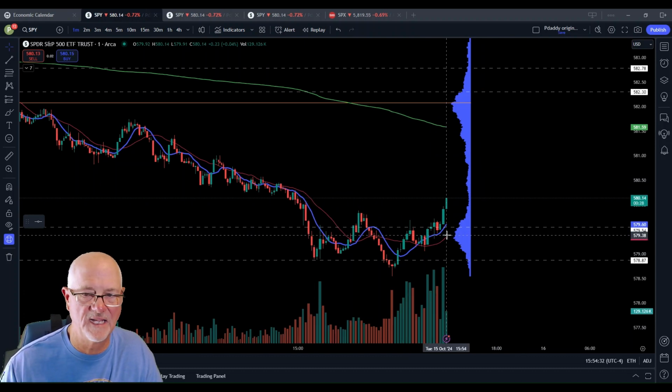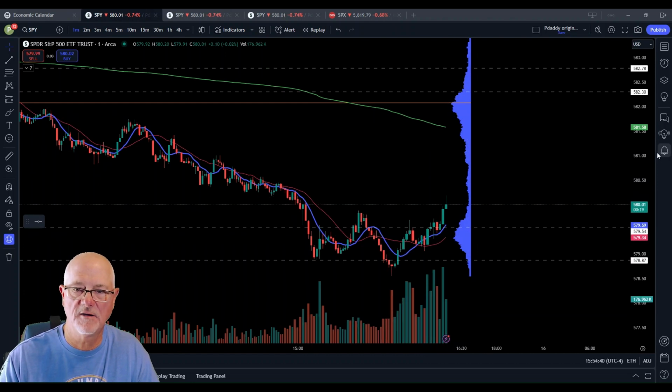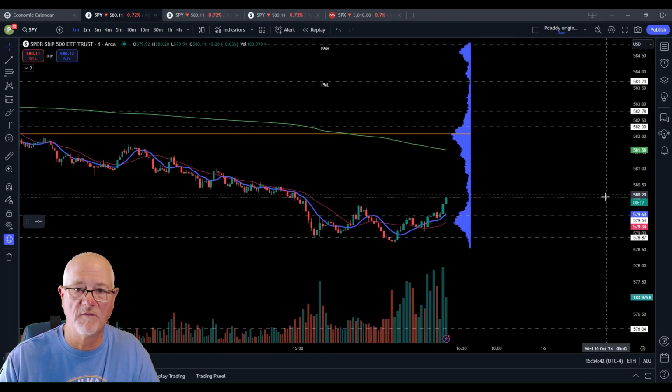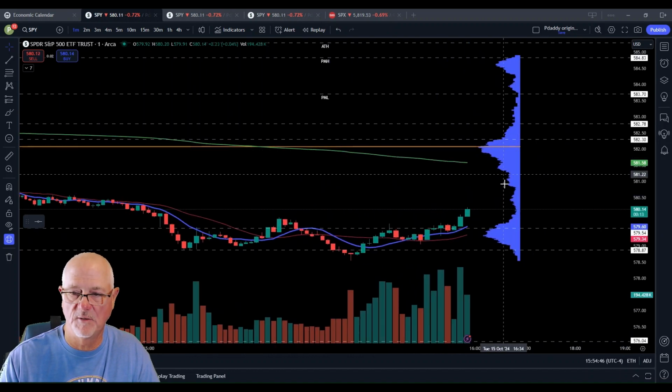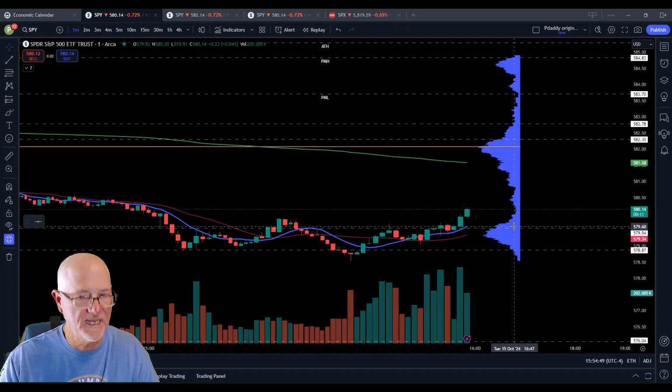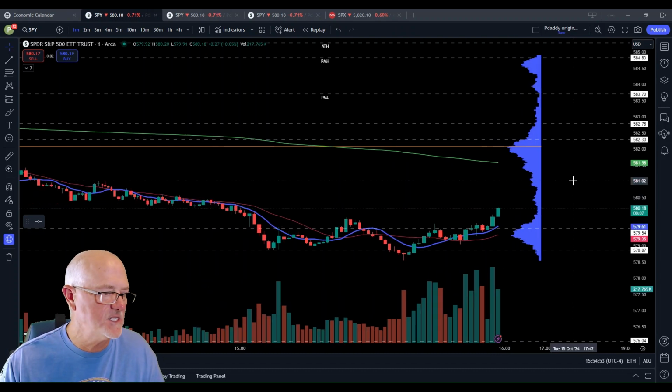This one's a little bit light, but it doesn't need to be super heavy in low volume areas or thin volume areas, folks. Now, when we're in heavy volume, like this right here, we need more volume to push it through those heavy volume areas. But when we get thin, like we are right now, it just doesn't take as much volume to push it up. Again, that's how she's playing out today, folks.